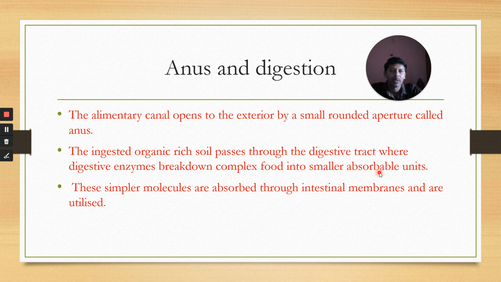The ingested organic-rich soil passes through the digestive tract, where digestive enzymes break down complex food into simple absorbable units. That is called digestion. These simpler molecules are absorbed through the intestinal membranes and are